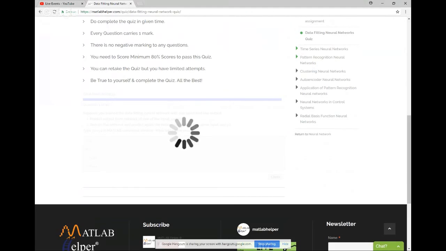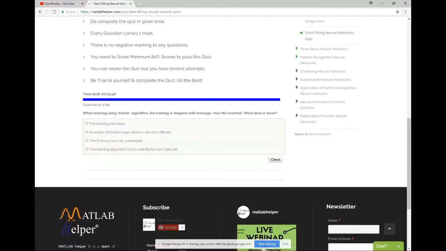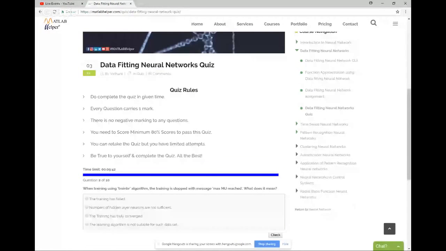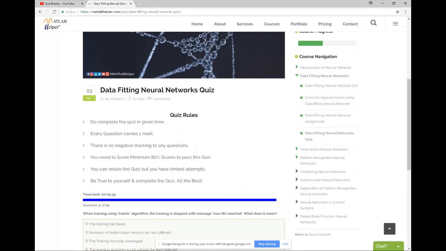You can check the answer and it says that your answer is wrong. So you can just proceed and you have another question. In a similar fashion, you can complete all the courses. You can see the course navigation on the right side panel and complete all the courses to earn a certificate for yourself.